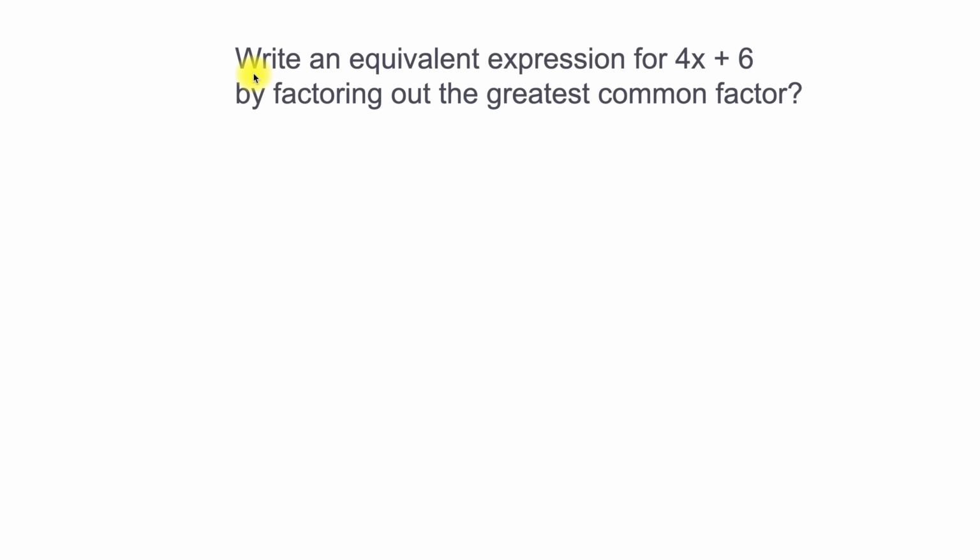So for this problem, we have to write an equivalent expression for 4x plus 6 by factoring out the greatest common factor. This word factoring is a very, very important word, and honestly, it's just a fancy math term for dividing. A factor is a number that can divide another number. So when we are factoring, we are just getting a number that divides. And when it says the greatest common factor, basically what it says is just the biggest